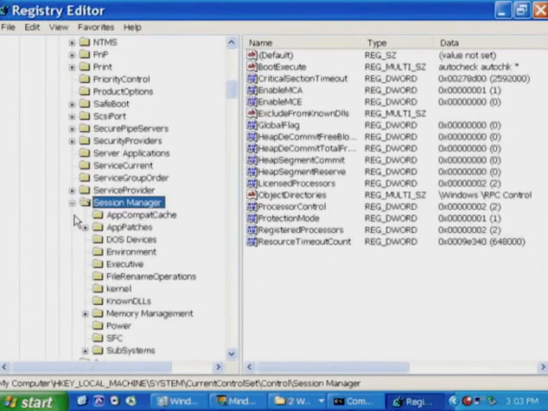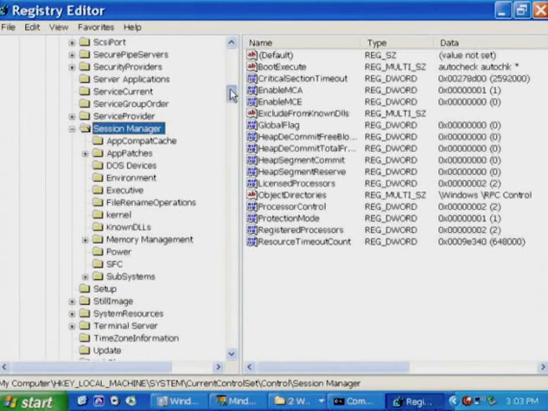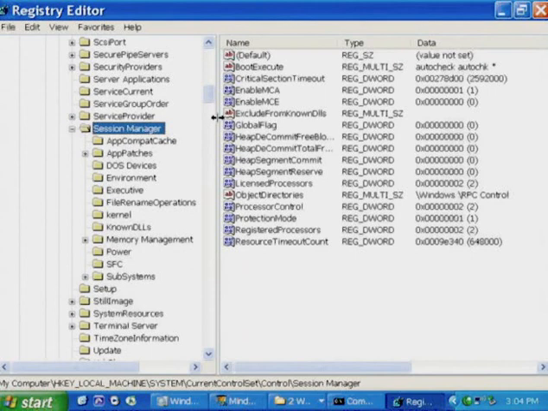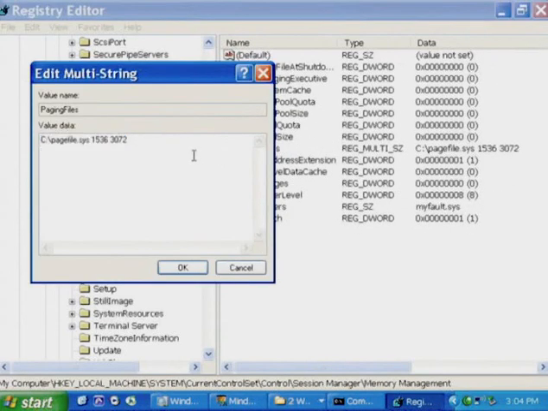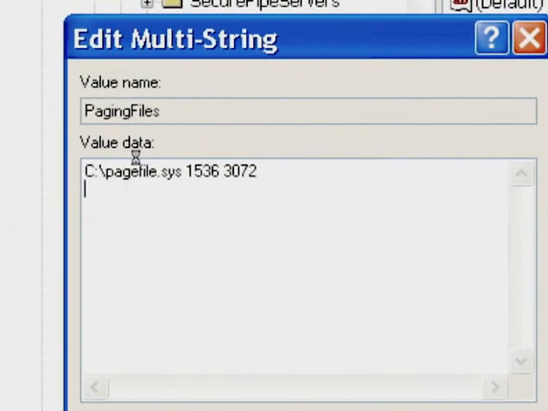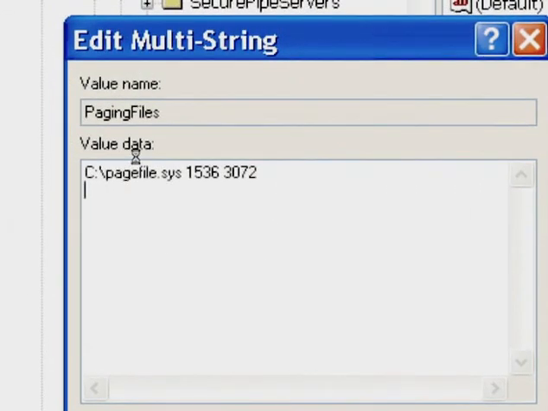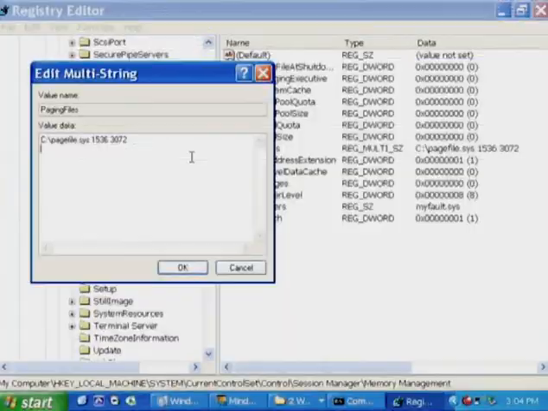This is an interesting key because it has a number of registry values and subkeys that contain early operating system initialization information. For example, one of the things the session manager does is initialize the paging files, and you can find that underneath the Memory Management key. There's the list of paging files and their size. For example, on Mark's system, he's got a single paging file on the C volume. We see its minimum and its maximum size in kilobytes.